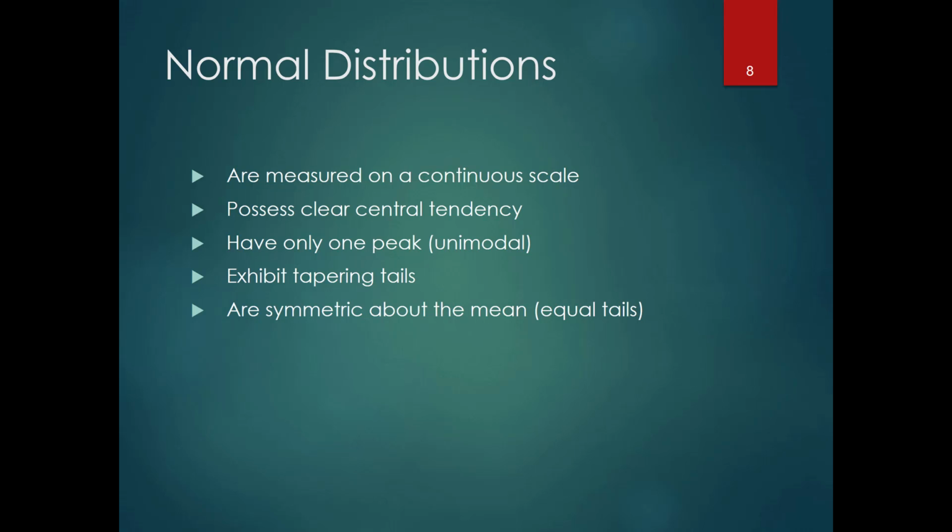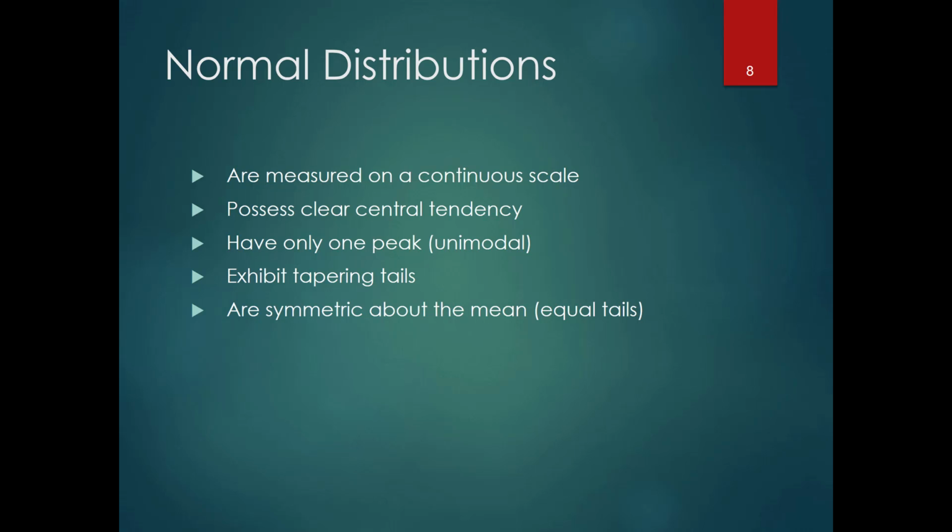They're measured on a continuous scale, discrete versus continuous. Chapter 7 is all about continuous. They possess a clear central tendency, so you may recall that normal distributions follow a bell-shaped curve, so there is a clear central tendency in the top of that bell. Only one peak, so it's unimodal, and they exhibit tapering tails,